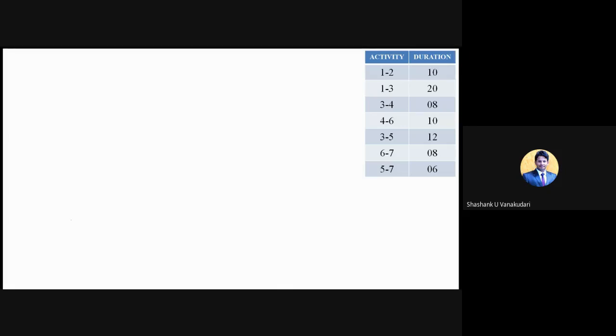Okay, so I will solve that. Just cross verify with your network diagram. The first condition starts with 1 to 2, right? So I can write this as 1 to 2. Compulsorily you need to put an arrow mark, and the duration they have given is 10 days. Okay, the first condition is satisfied. And the second one is 1 to 3, so I can write 1 to 3 in this way. And the duration will be 20 here.